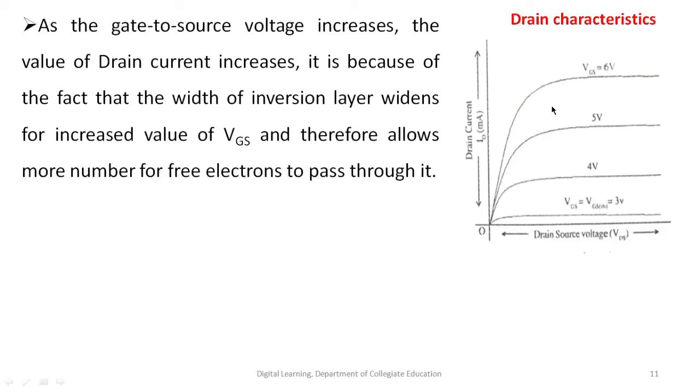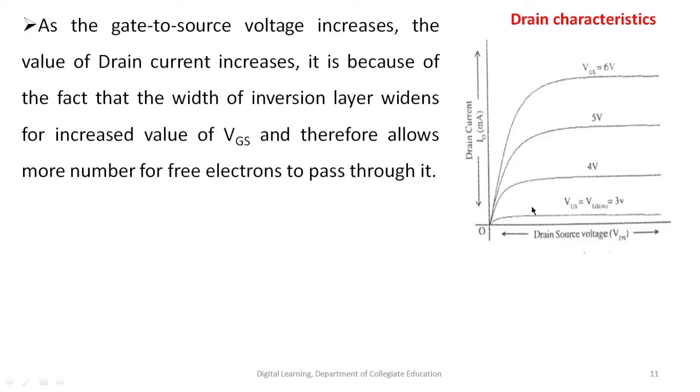This is because of the fact that the width of the inversion layer widens. Here the width of the depletion region or inversion region increases. That's why the drain current flow will be increased for an increased value of gate to source voltage, and therefore it allows more number of free electrons to pass